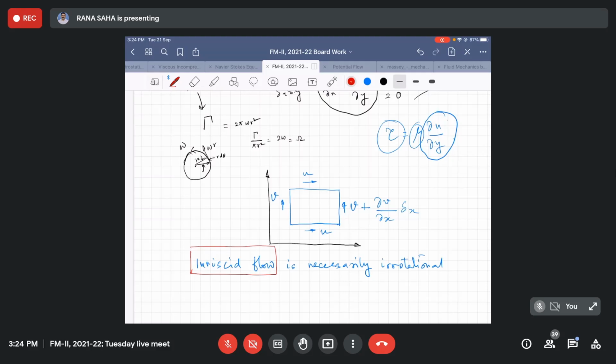বাট দ্যাট ইজ নট আওয়ার কনসিডারেশন। সেই যে রোটেশনটা হবে তার সাথে ডিফর্মেশনটাও জুড়ে থাকবে। So in absence of any external means, the possibility of rotation will be due to viscosity. এটা কি আমরা বলতে পারি? So if that is the case, if you agree, then if I say the flow is inviscid, then it will be necessarily irrotational. আমার কোন রোটেশন থাকতেই পারে না যদি আমার ইনভিজিড ফ্লো হয়।